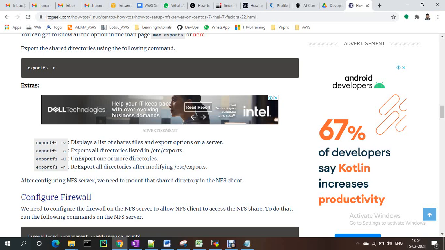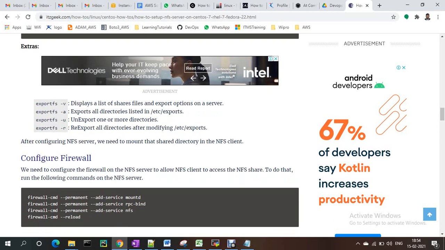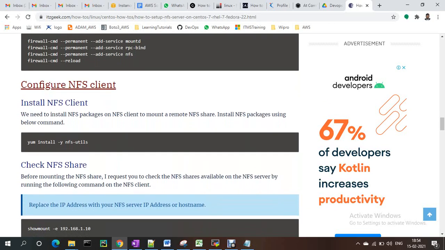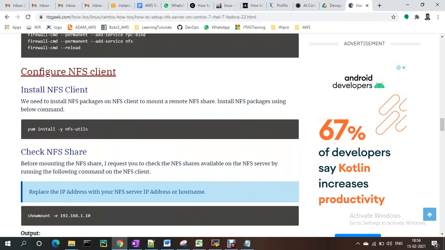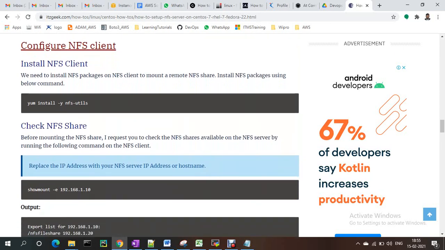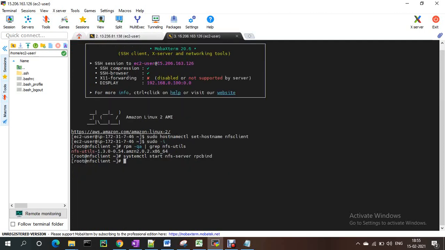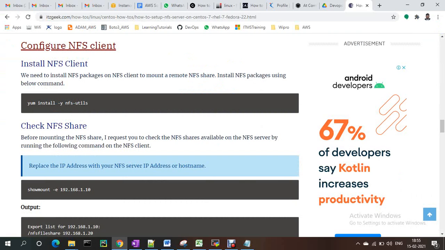Okay, and now coming to the NFS clients. We already gave this, the client details we have to update here. Now if you come to here, the nfs-utils package is already there.